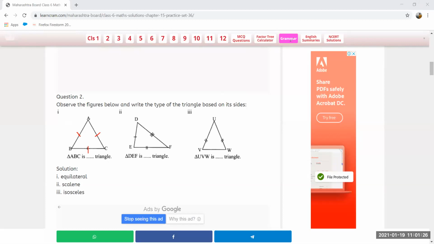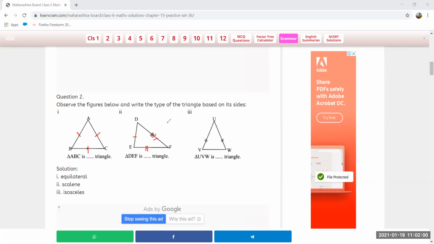Okay, equilateral, equal. If all the sides are equal, then we say that this triangle ABC is an equilateral triangle. If all the sides are different, see in this case, this is the sign of one side, this is the sign of the second, meaning this is not equal to that, D is not equal to EF, and this side is again different. Okay? All the three sides are different.